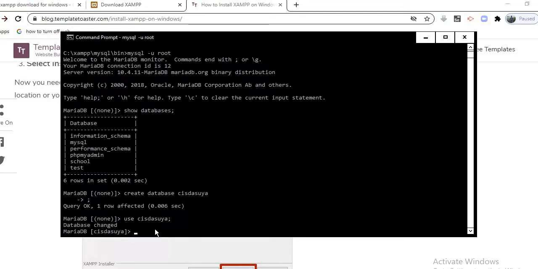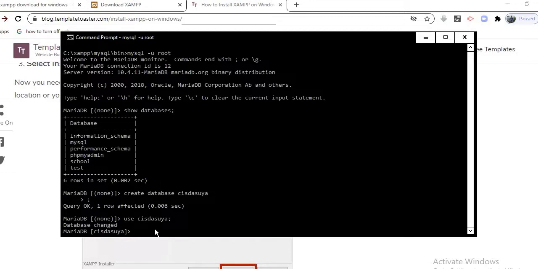Now let's say the very first step is I want to create a table in this particular database, CIS Dasua. I want to create a table and I want to keep the name of the table as employee table.